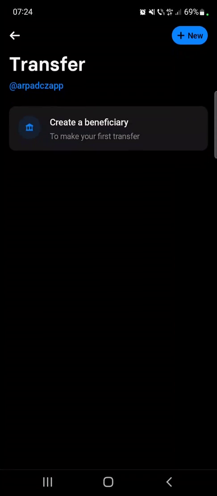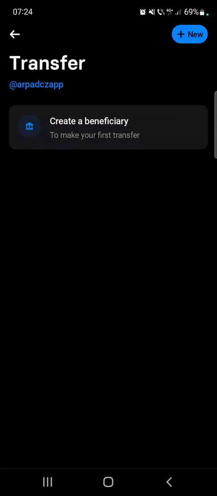Then tap on continue. Obviously, you can add the reference. What should the bank transaction showcase at the bottom? Here you can type in anything. As you can see, the general one is sent from Revolut, but obviously you can change it to send from Jackson or anything like that. So just tap on continue, then create a beneficiary here, and here you have to add all the bank